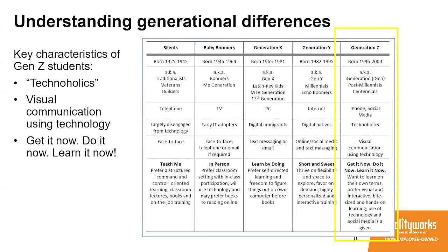So with that, here's a chart you might want to save for later. I love this chart. It shows a descriptive comparison by generation in learning preferences. Now it's small on your screen, but what I just want to highlight here is that last column on the right. That showcases Generation Z's get it now, do it now, learn it now mindset. These students prefer visual and interactive, bite-sized, hands-on learning experiences. There's some other great information on this chart as well. Feel free to dive in following today's presentation, but the takeaway here is that by learning how this generation prefers to learn, we can adjust the way we teach.